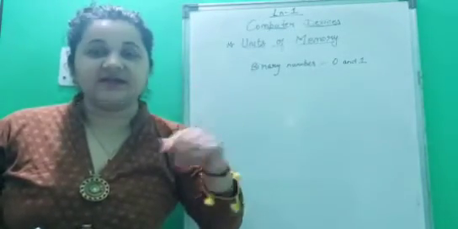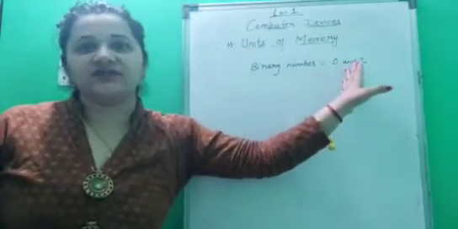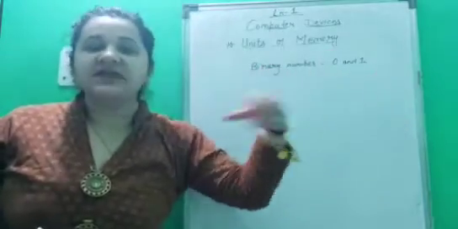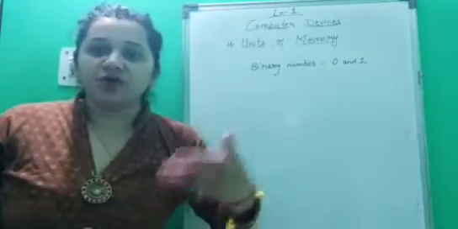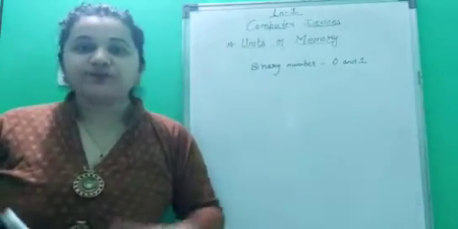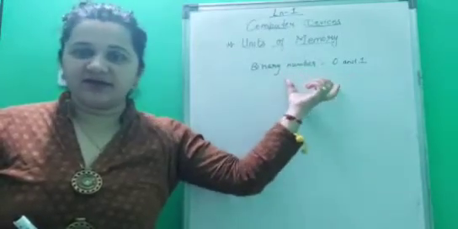Like an electric circuit. In the same way, the computer understands machine language, which is written with the digits 0 and 1. It means the coding is in the form of 0 and 1. So children, these are the binary numbers. Now, the computer stores information in the form of binary numbers.